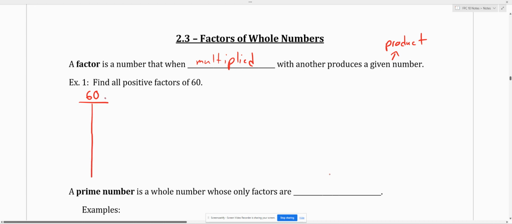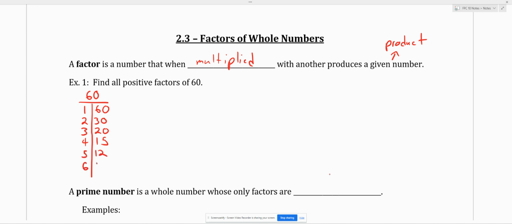And so what numbers multiply with 60? Start with the lowest possible positive factor that I can think of, which is 1. And 1 times what gives me 60? Well, 60. And let's go to 2. Does 2 times some other positive factor give me 60? Well, yeah, 2 times 30. And we can continue in this fashion. 3 times 20, 4 times 15, 5 times 12,